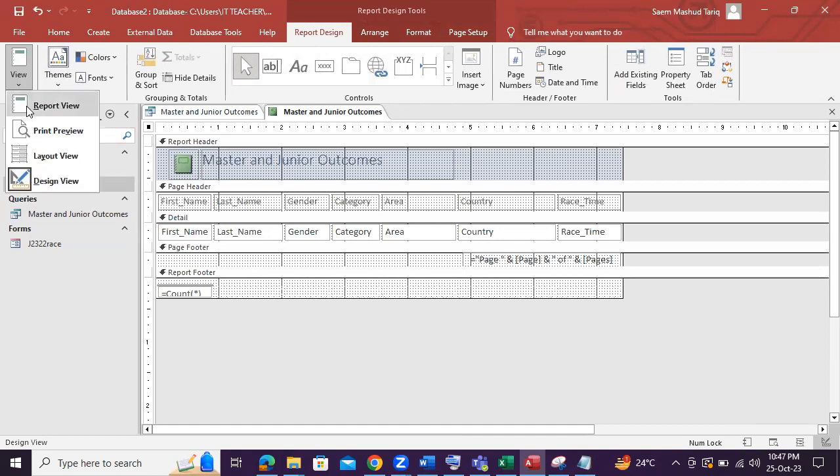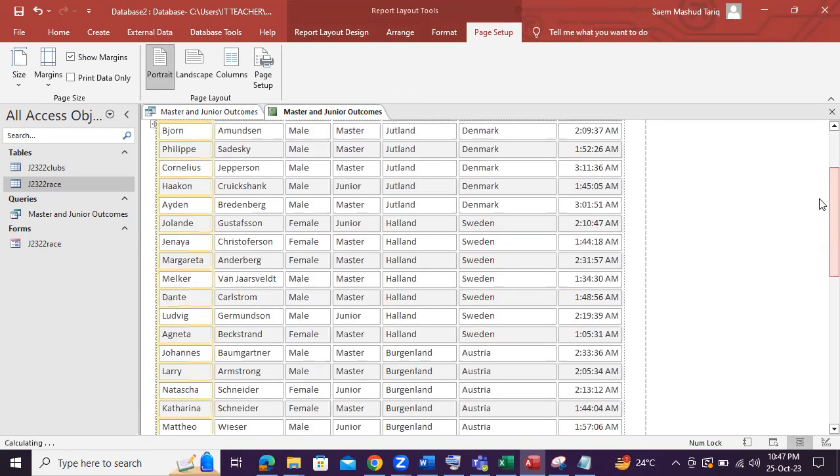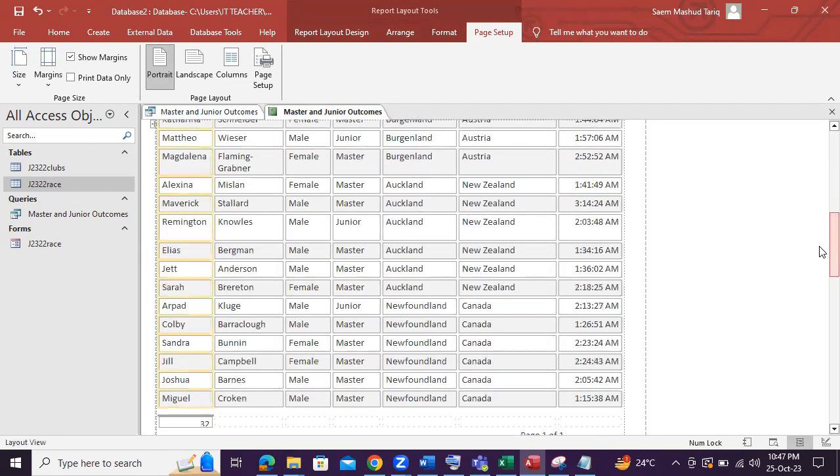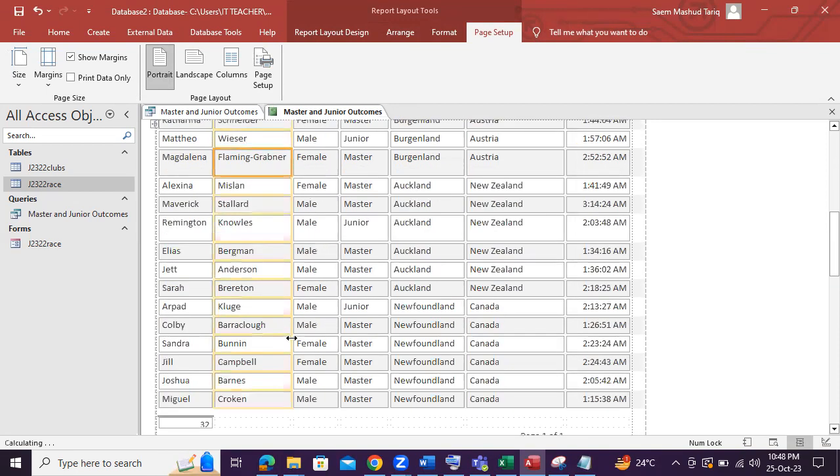Okay, and we can go into layout and see if there is any multiple line coming. Why do I have this extra over here? That seems to be an issue. You see, it's coming in two lines. So somehow, if I drag it a bit over here,